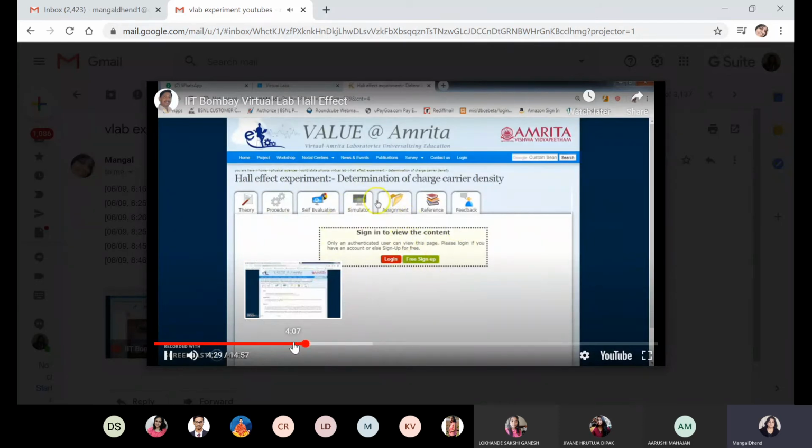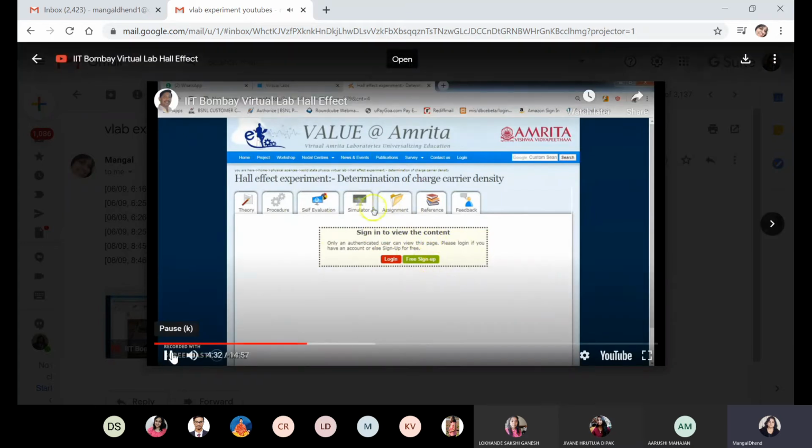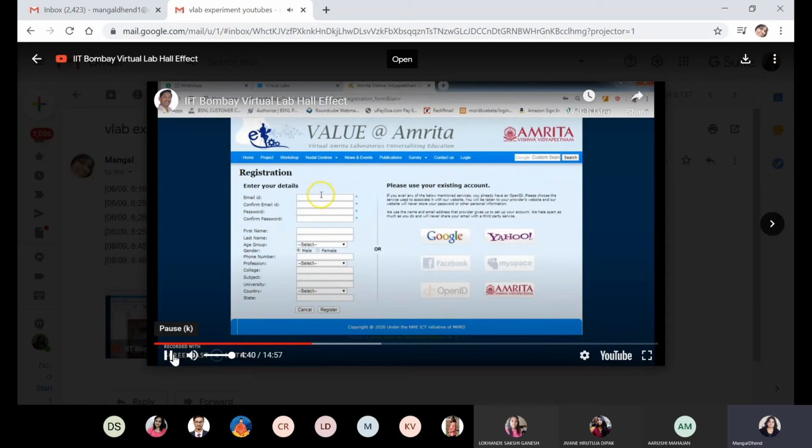Now you have to log in to this. You have to create a login ID to log in to this simulator. Otherwise, it will not work. Since you have not created one already, you click on free sign up. And you'll get this page. You fill in your details, a proper email ID. This email ID will be used for logging into the simulator. Use college login ID only, students. Use college login only. Then whatever password you want to put there. Then your name, profession, you can select student. College, Don Bosco College of Engineering, subject, you can say physics, university, Goa University, and other things you fill up and then click register. You'll get a message, your registration is successful.